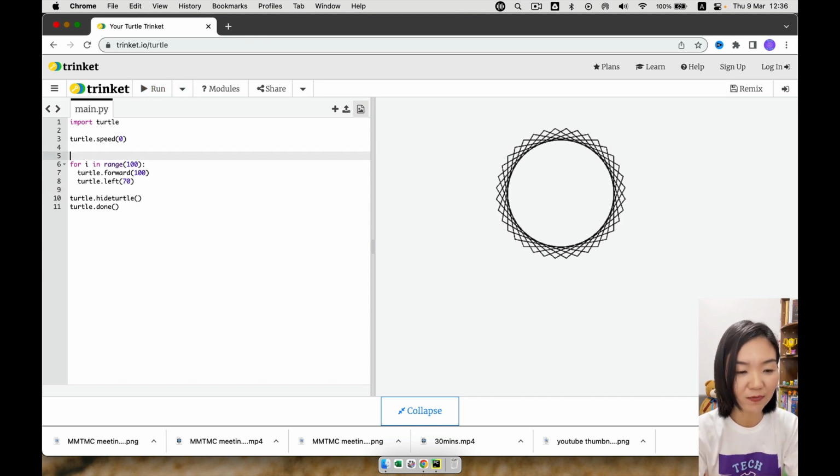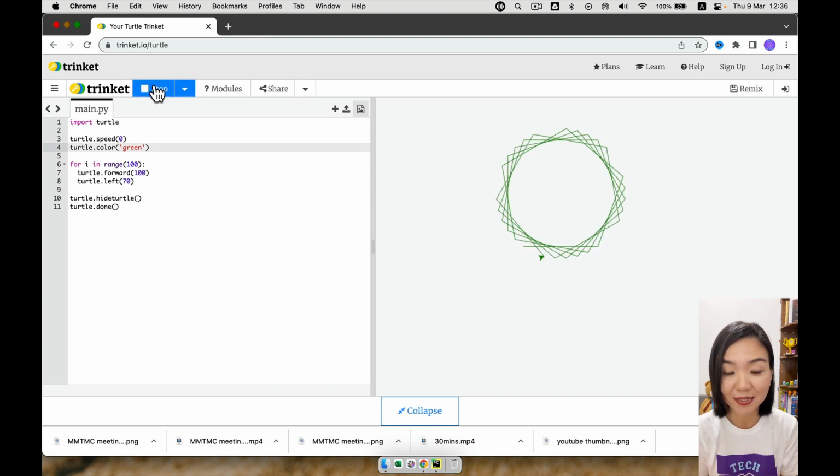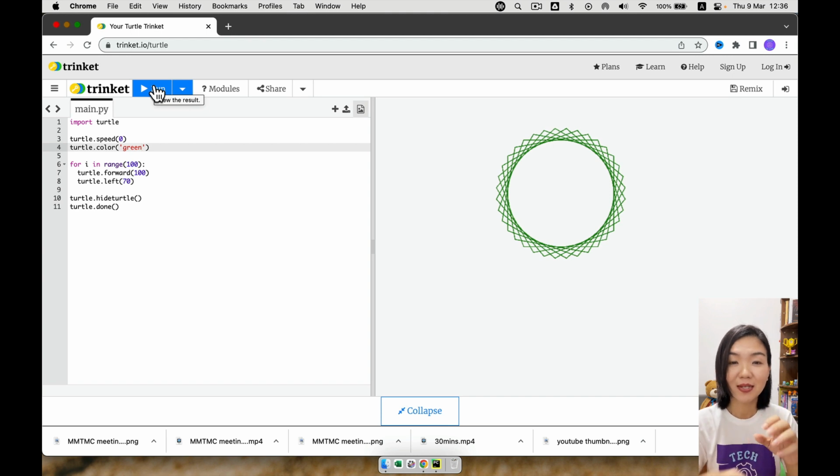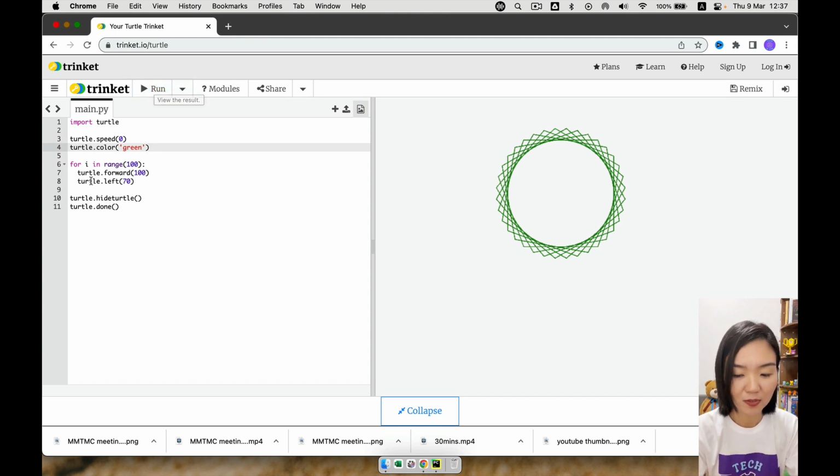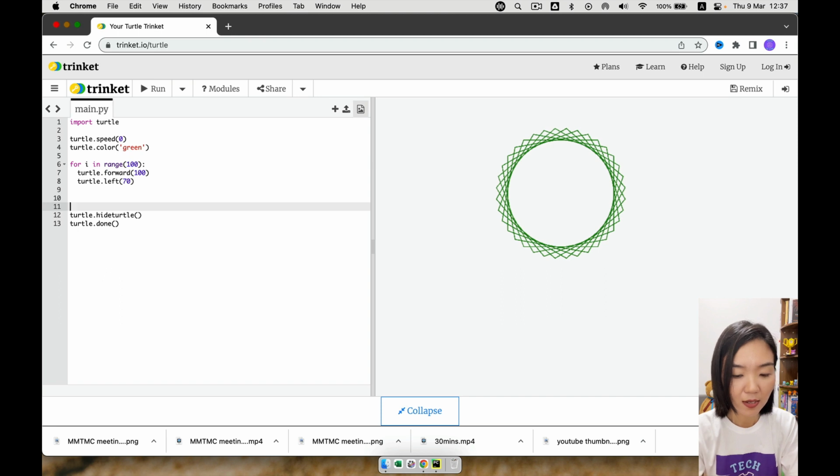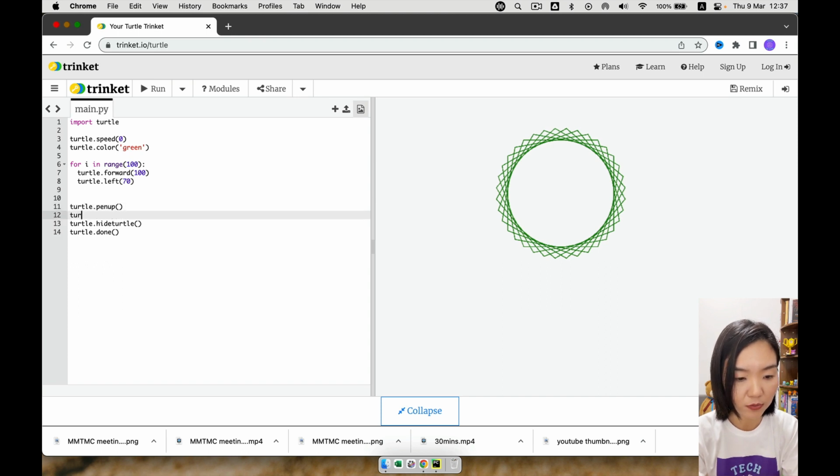And from what we learned before, we can also change its color. So I'll do turtle.color. Maybe I'll use green color. Then I will have a green pattern. And in the last video, we learned we can draw something, then we move to a new location and draw something else. So we can have multiple patterns on the same screen. So let's add something more. We'll use turtle.penup. I'll lift up the pen. I'll go to a new location. So I'll go to turtle dot goto, maybe I'll go to